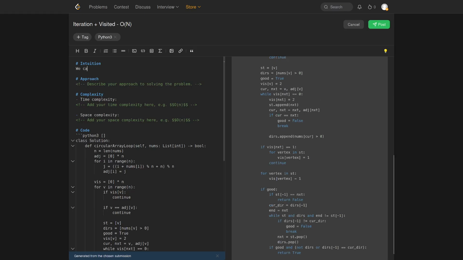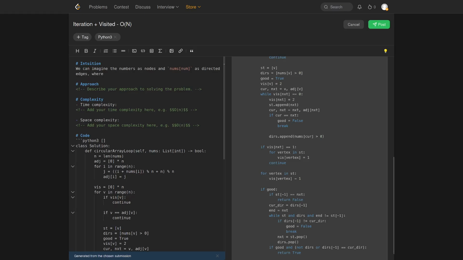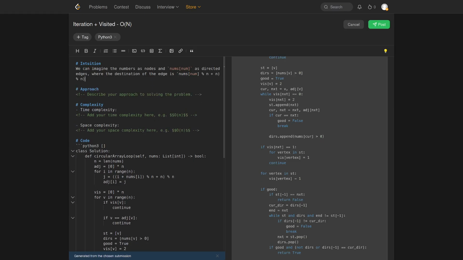Okay, so can imagine the numbers as nodes and nums as directed edges, where the next neighbor is nums plus, and percentage n, take into account